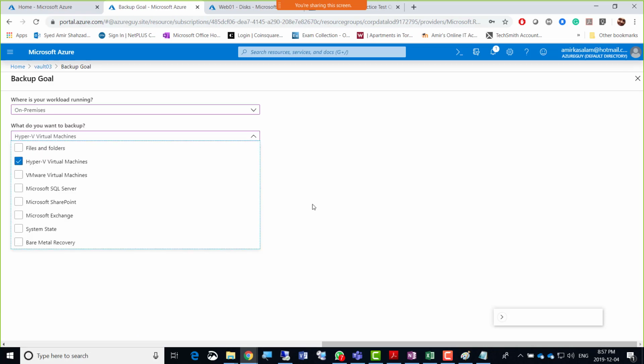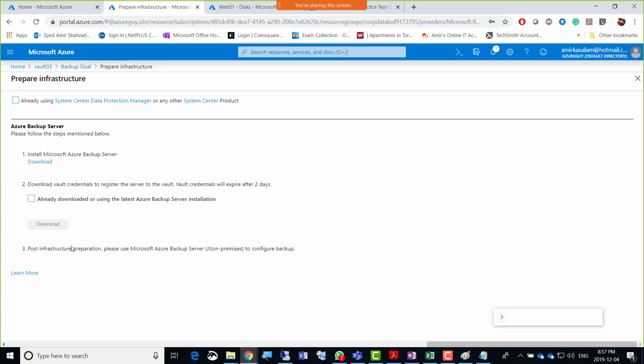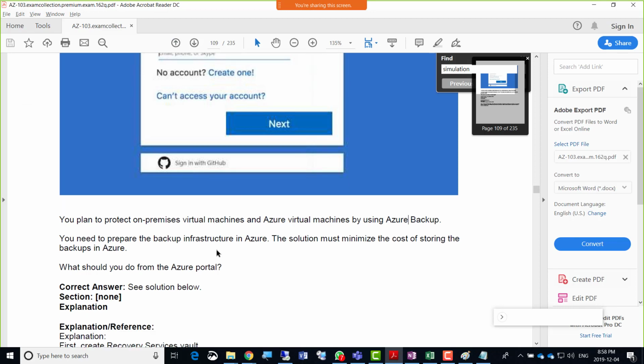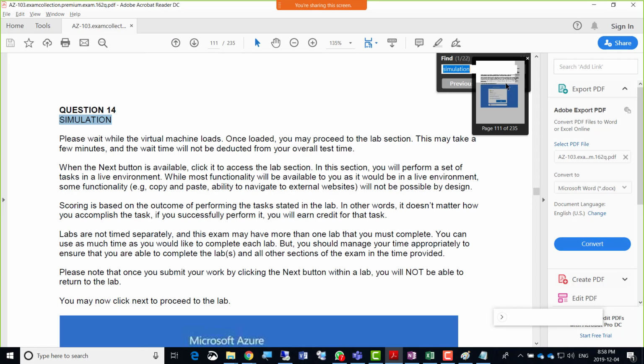So I'm just doing the same thing first time. Prepare infrastructure. It did not actually successfully create that in the background inside the vault, but if you leave it as is, then hopefully, then click next. That's it, and they would just take that as an answer. They should, because that's the only way you can prepare infrastructure for on premises, right? Okay. Thank you for confirmation as well, and let's go ahead, and I'll click next.